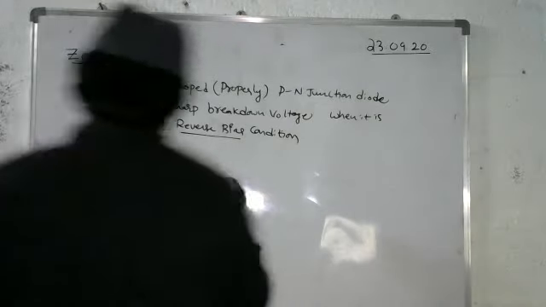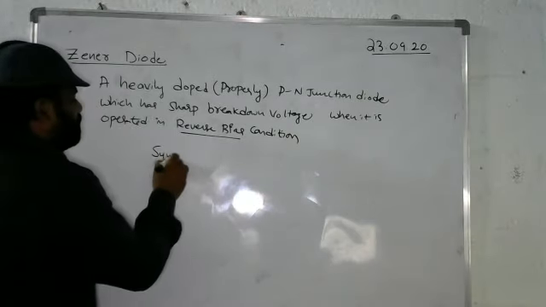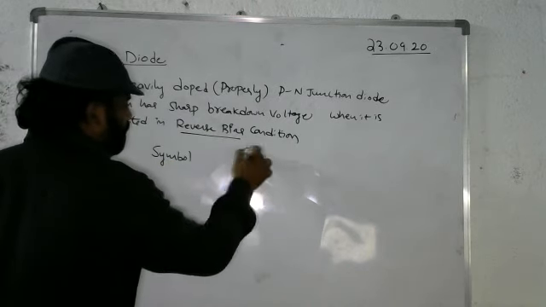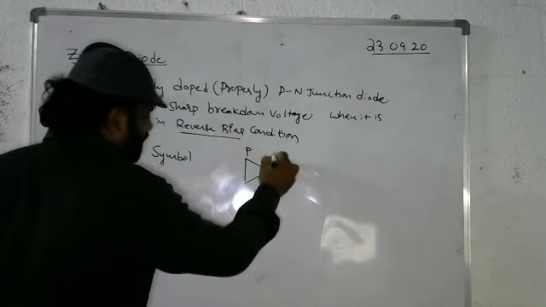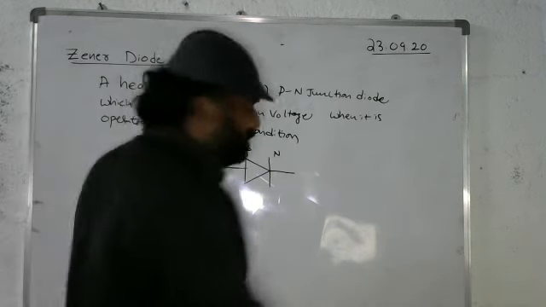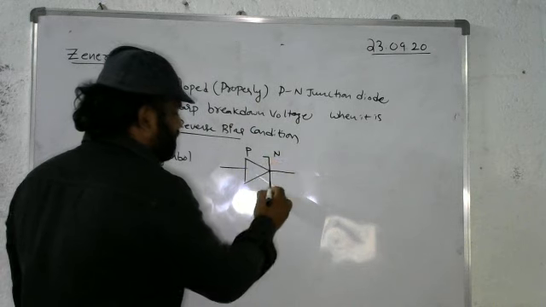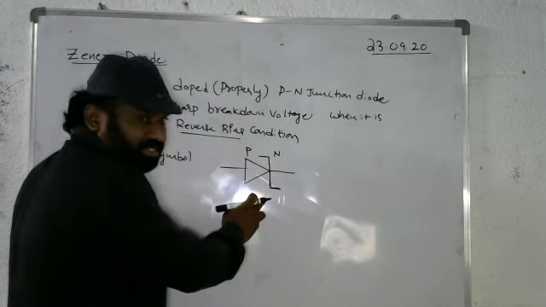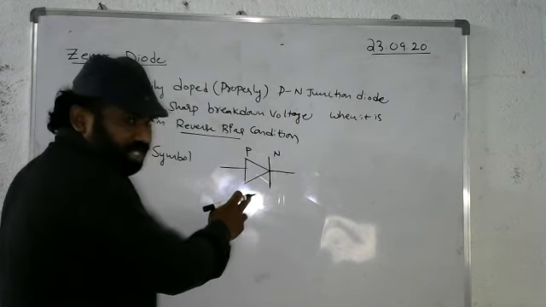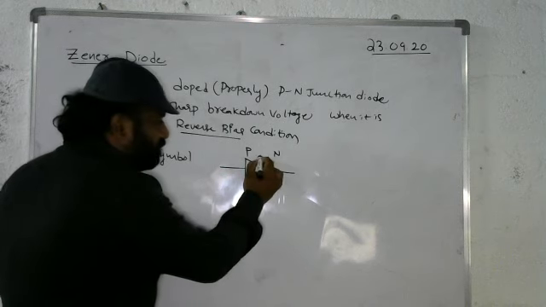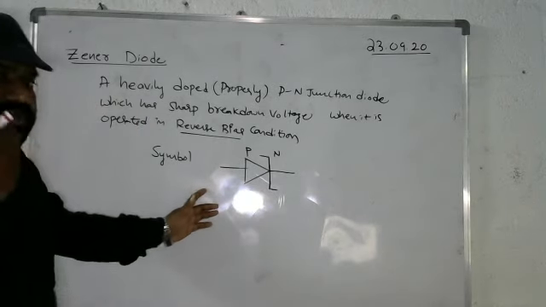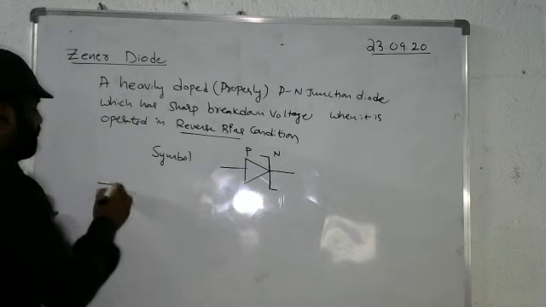The circuit symbol for a Zener diode: let it be an arrowhead, and this line represents the N-type. This is a PN junction diode, we know this. But for the Zener diode, Z means Zener. The symbol is like this, Z. For an ordinary diode we have only this line, but in the case of a Zener diode, we keep it like this, so that it appears to be a Z. So this is the symbol for a Zener diode. It is always connected in reverse bias.